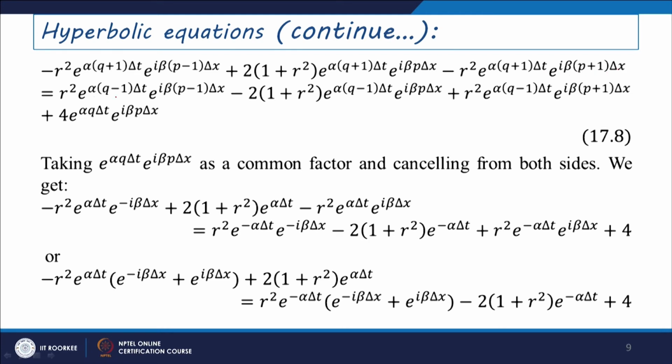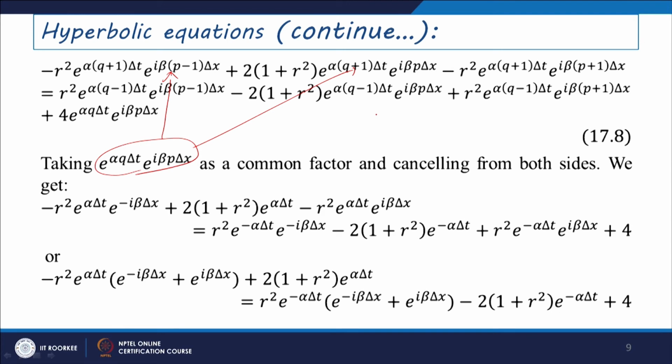This equals r square e to the power alpha (q minus 1) del t e to the power i beta (p minus 1) delta x minus 2 into (1 plus r square) e to the power alpha (q minus 1) del t e to the power i beta p delta x plus r square e to the power alpha (q minus 1) del t e to the power i beta (p plus 1) delta x plus 4 e to the power alpha q del t e to the power i beta p delta x. If you take common e to the power alpha q del t e to the power i beta p delta x from each of these terms here,